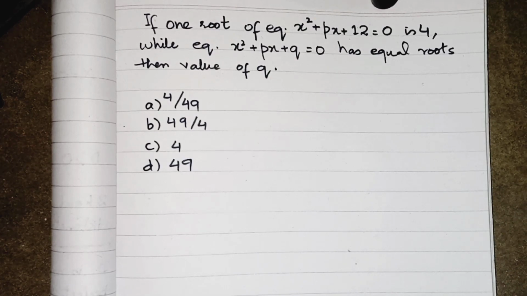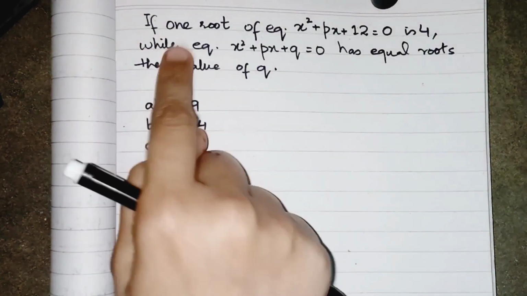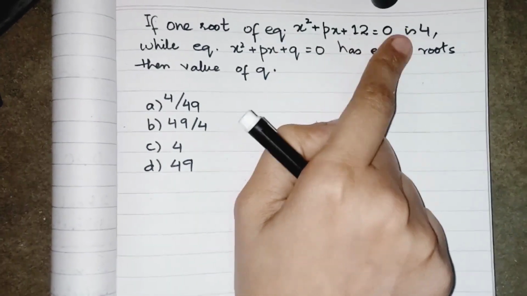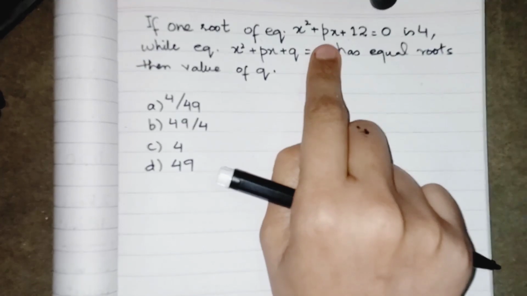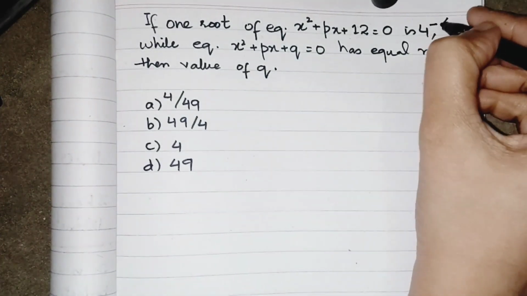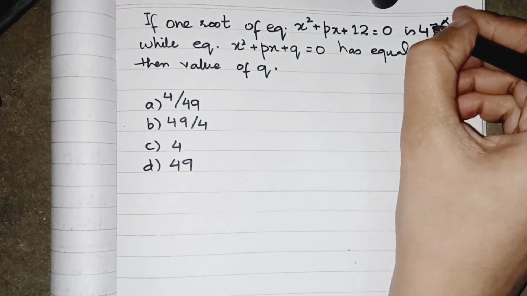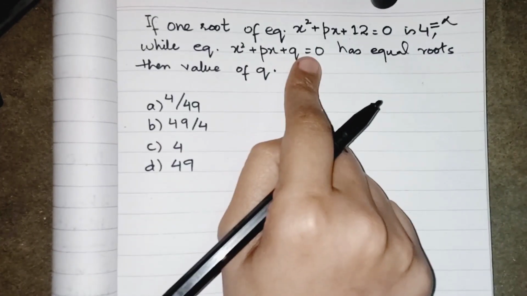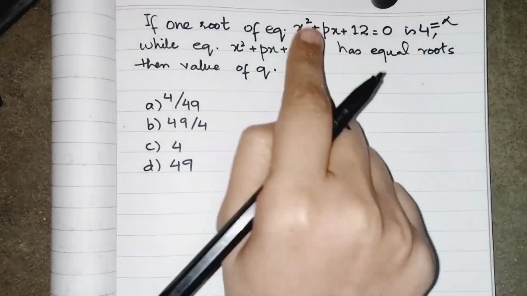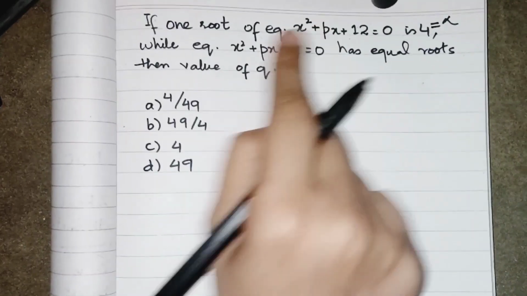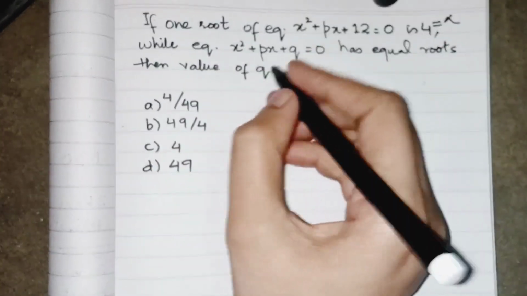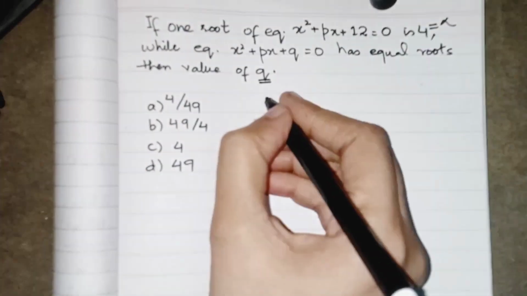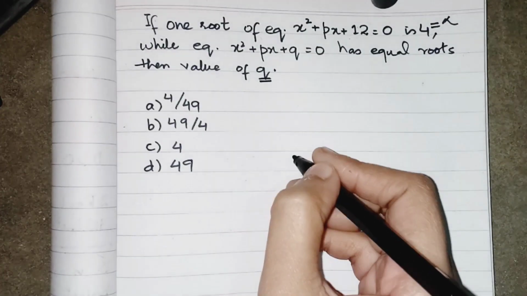Now moving towards a little bit difficult question. If one root of equation x square plus bx plus 12 equals 0 is 4, meaning an equation has two roots and this one is one root, you can say alpha, while equation x square plus bx plus q equals 0 has equal roots, meaning both equations have the same roots. Then we have to find the value of q, and they are giving us the options. So what we can do, we can simply say